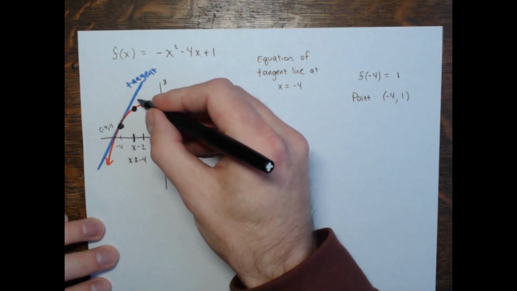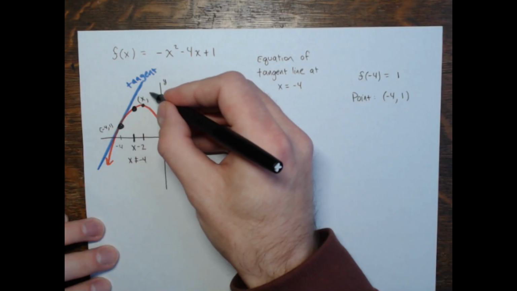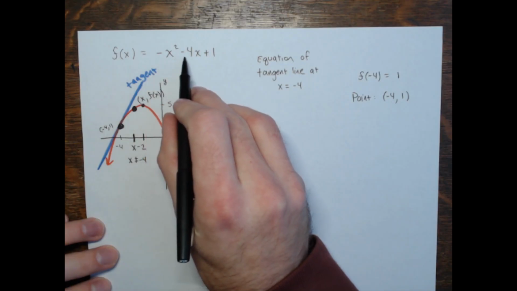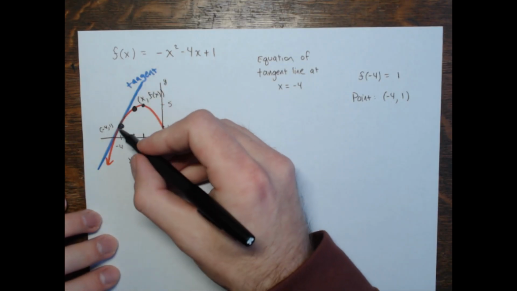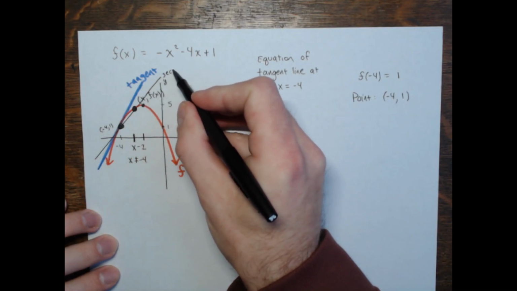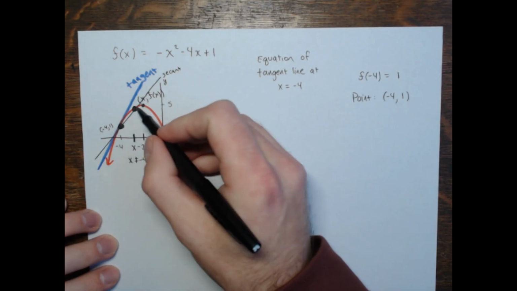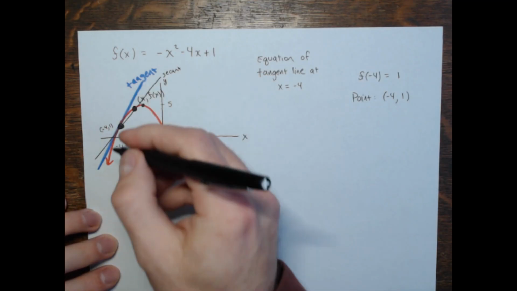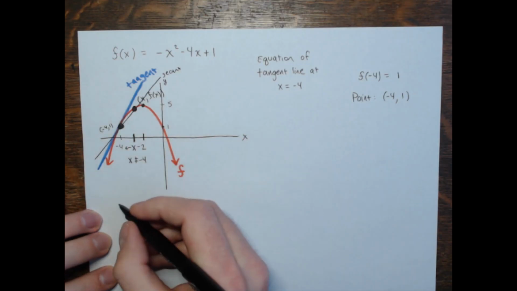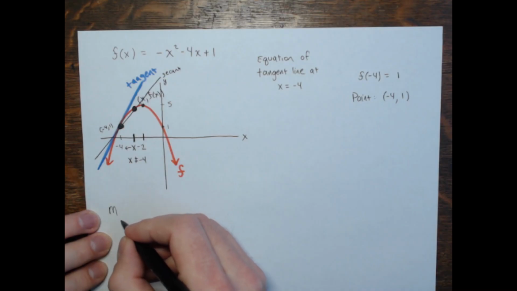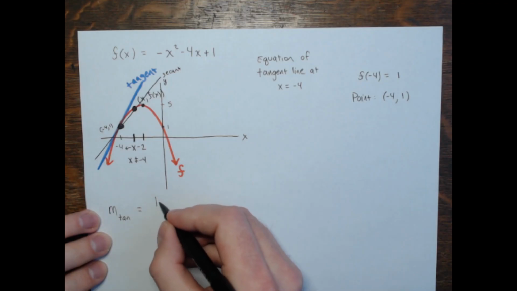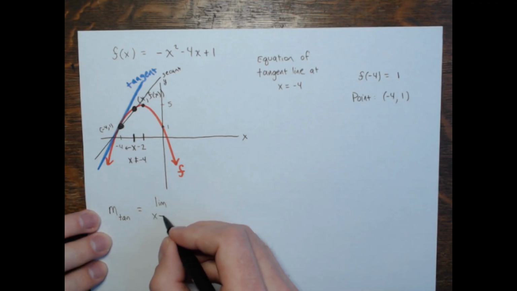It gives me some other point on the curve. There's x comma f of x, right? So the y coordinate is this, negative x squared minus 4x plus 1. Draw the secant line through those two. And take the slope of the secant line and have x approach negative 4. So the slope is m tan here. That's the limit as x approaches